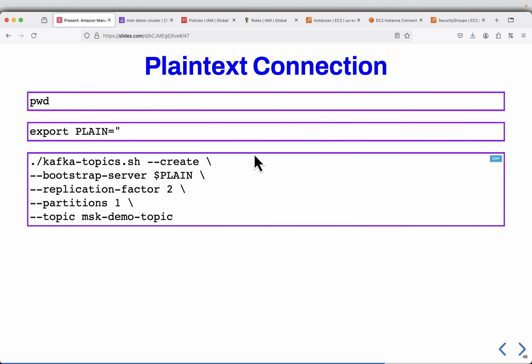Next, I will do a plain text based connection. So first, I will just set up a variable called plain, and I will set up the server endpoint here. Then I will create a topic, so bootstrap server will be referring to the plain variable, and I am just creating a topic with one partition and two replication factor. So I'll copy this,